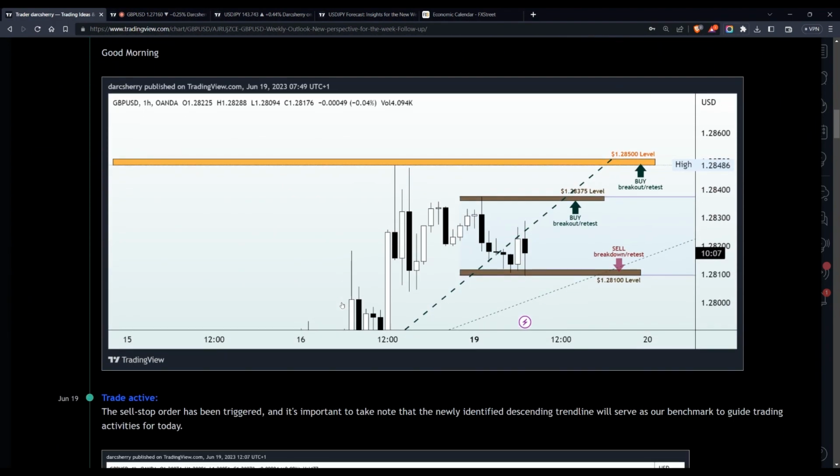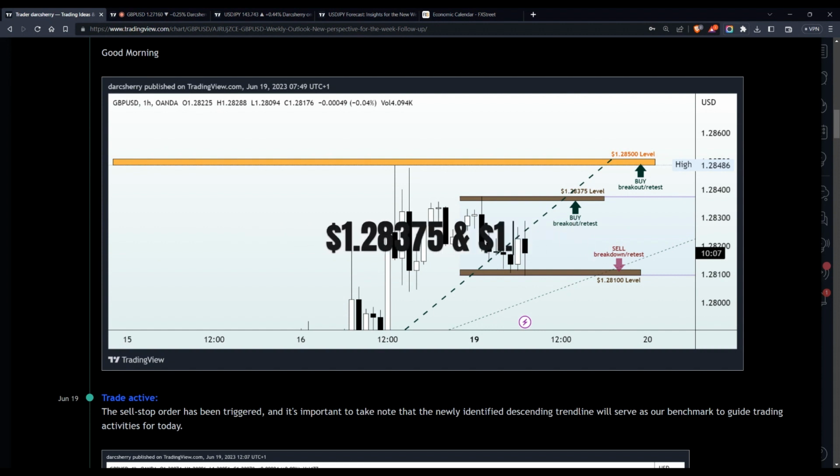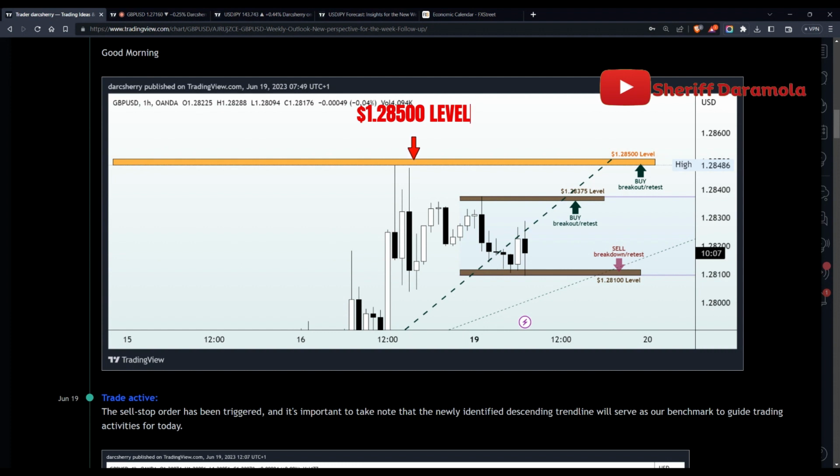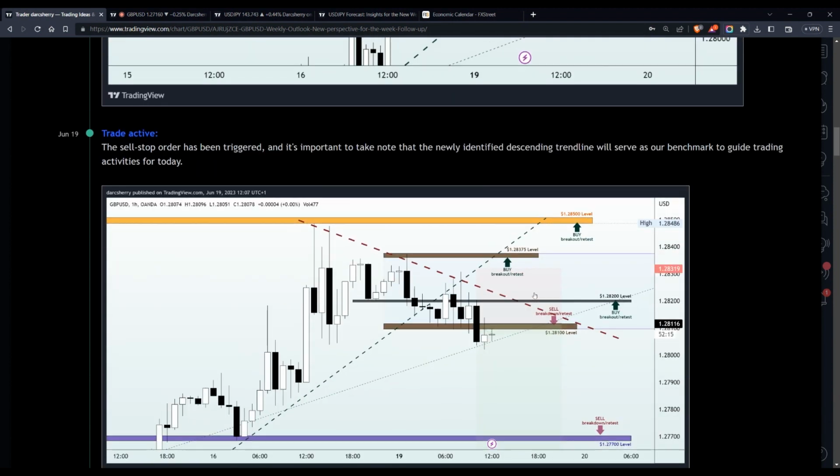At the beginning of the week, we saw this simple range where price action was caught between the 1.28375 and the 1.28100 level. And for the fact that price action was trading just below our weekly key level situated at the 1.285, it made quite a lot of sense that we look out for selling opportunities. Now, with our sell stop order placed below the 1.28100 level, we had our first sell position for the week triggered,